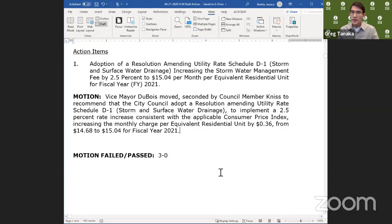And a lot of people I know are out of work, hurting big time. A lot of businesses are closing down. So now this is a relatively minor increase. It's 2.5%, so probably not going to kill anyone, but I do think about the optics